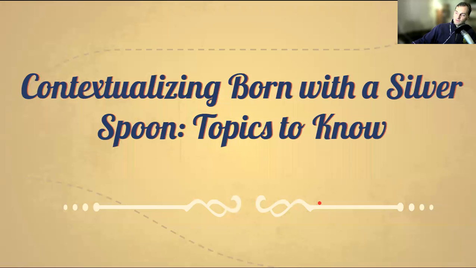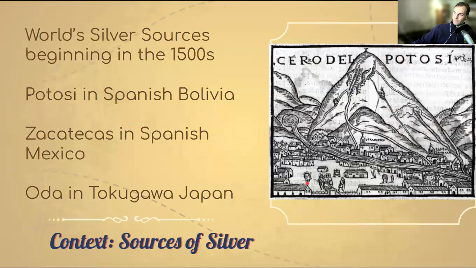With that said, let's get into a couple of topics just to provide a little bit of background for Born with a Silver Spoon. The very first thing I want to clarify is exactly where all this global silver is coming from. All three of these places are discussed in the article. The silver trade, this massive flow of precious metals around the world during the mid 1500s, has three main sources. One is the mountain of Potosi in Bolivia, where arguably most of the silver came from, and